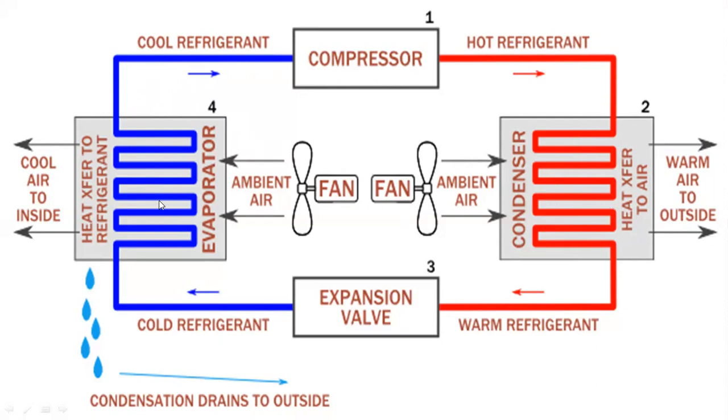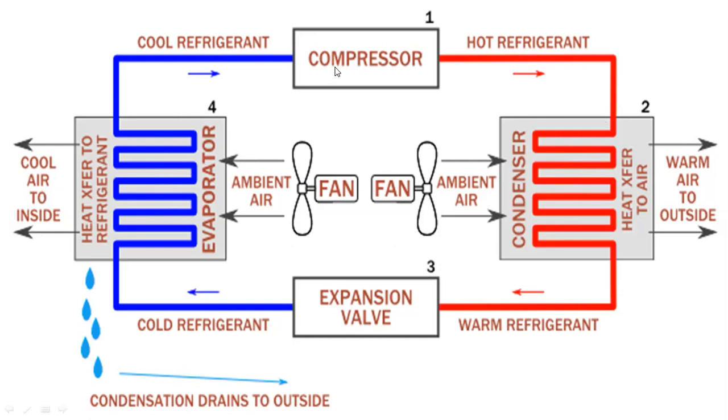While sucking the refrigerant from the evaporator, it lowers the pressure within the evaporator, and while pumping the refrigerant to the condenser, it sends it at a high pressure. At high pressure, it removes the heat at the condenser. At low pressure, it absorbs the heat from the surroundings. That's the basic quality of a refrigerant: it evaporates at low pressure, its boiling point being less than room temperature. When the pressure is lowered, it evaporates, and when it evaporates, it absorbs the heat from the surroundings, thereby the ambient air gets cooled and cool air goes inside.